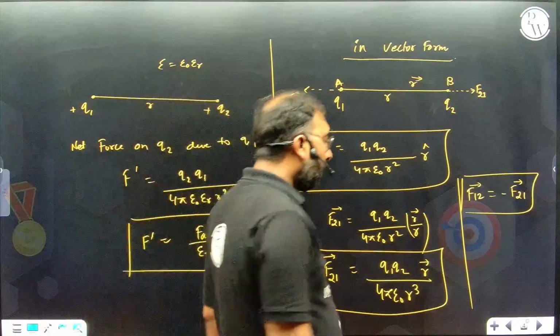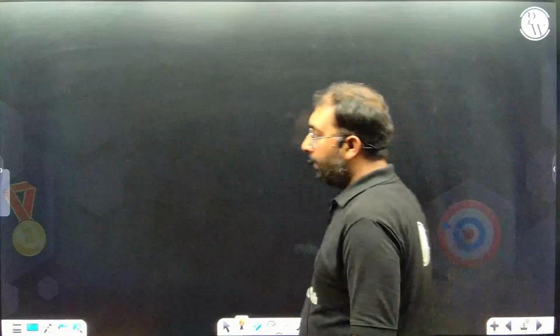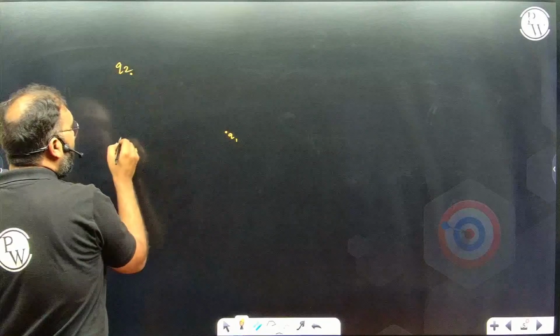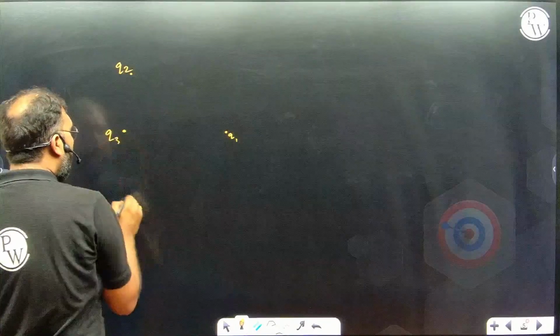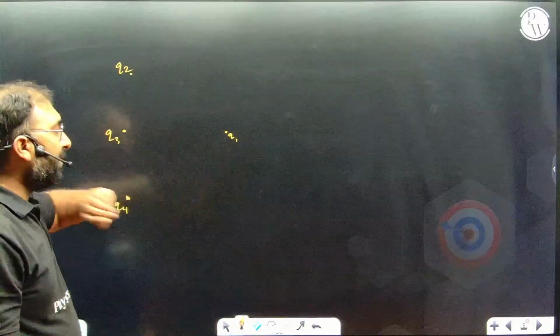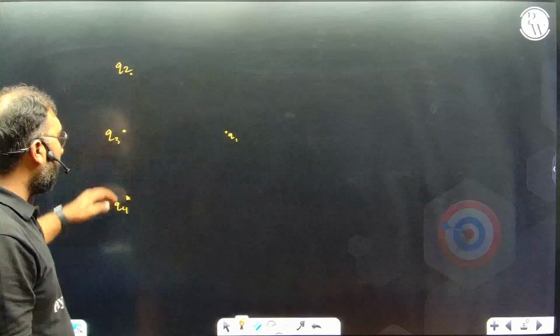And the very important thing is that if there are more than two charged particles, then we can apply the superposition theorem. Let's say I'm having a charged particle here, and let's say this charged particle is Q1, and I'm having particles Q2, Q3, Q4, and many other charged particles placed here. If I have to write down the net force on Q1, I